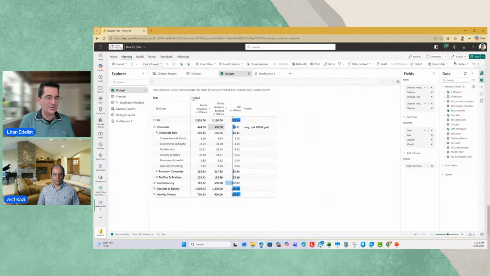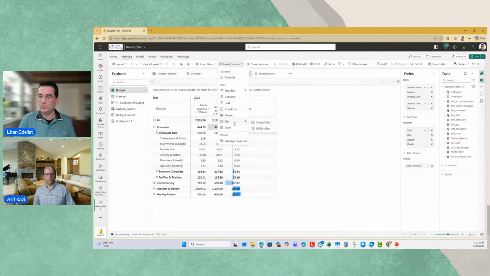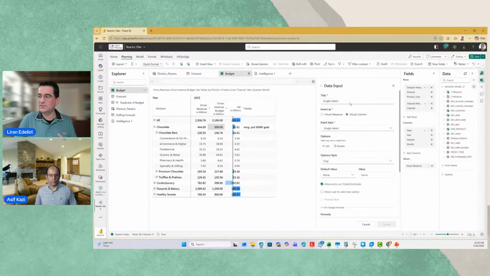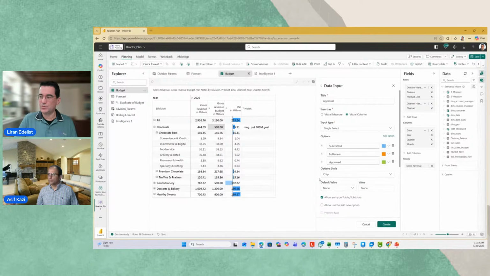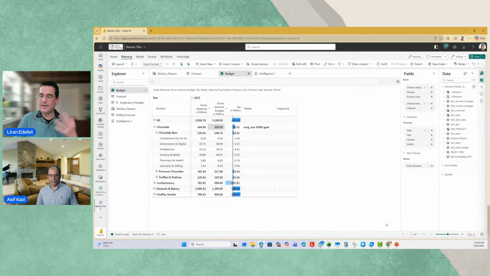So assuming they made the update, the next question would be, okay, but I really want to approve that. I really want to make sure they did that. That's also part of the options. We can do that as well. I can go into my column options, add one of those single selects, and say let's have an approval comment. And I will just use one of our presets. We can support much more sophisticated approval processes with different levels of approval and locking mechanisms.